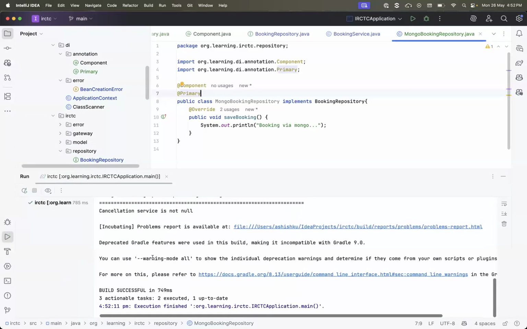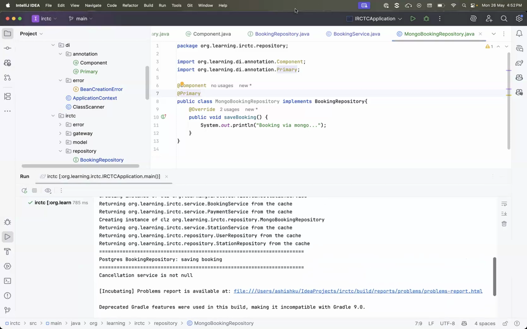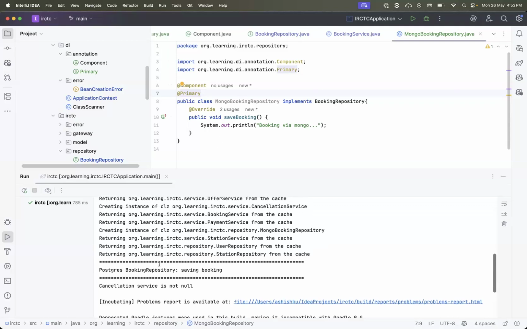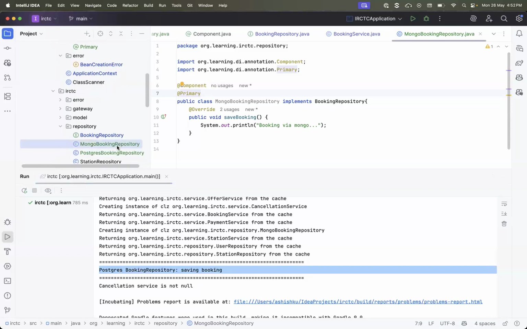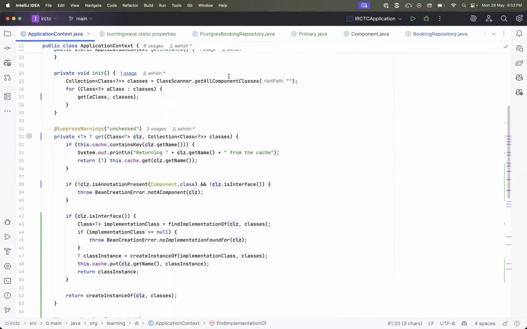Okay, let's run this. We are still getting Postgres booking repository. Now we want it to be a default one, which in this case I want to be my default. So I mentioned primary, right? Now let's fix this. Let's go to application context,